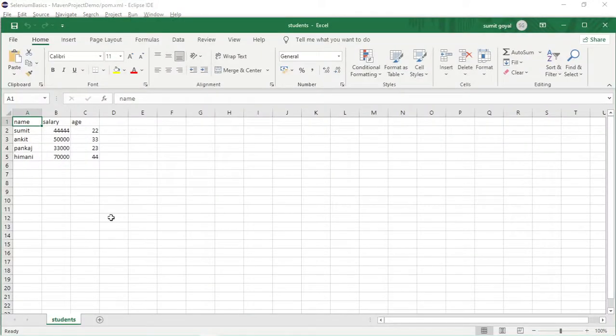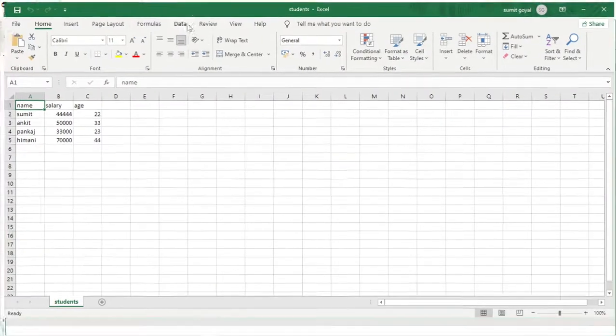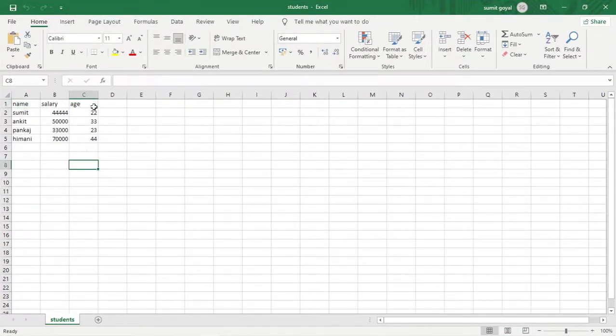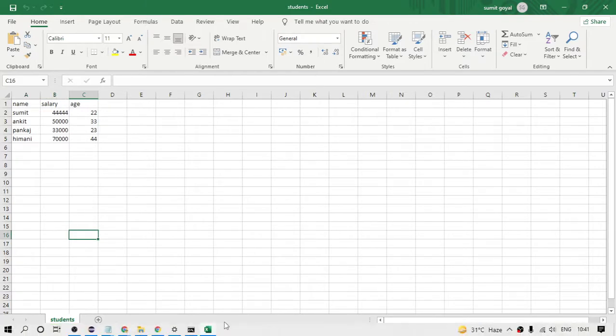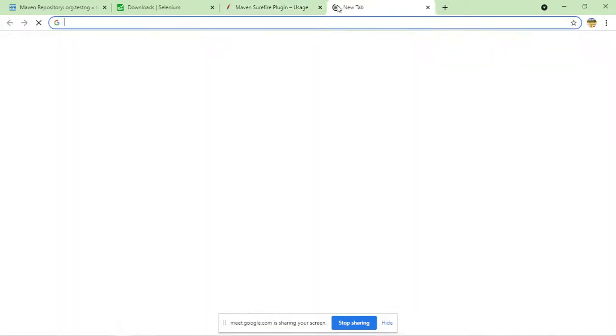And suppose, okay, so now if you see this Excel file, I have one simple data here. So I want to get the data from this Excel file and I want to use that in my test case. So how we can do that? Basically, if you want to work with Excel in Selenium, you need to download some dependency again.